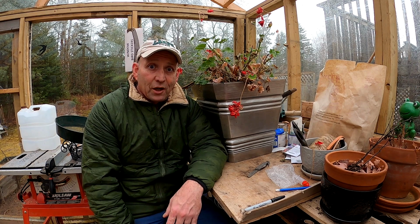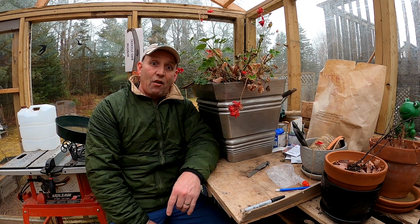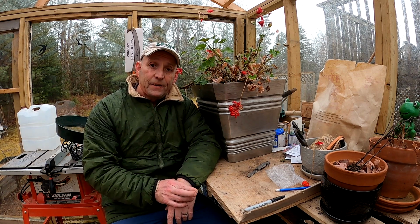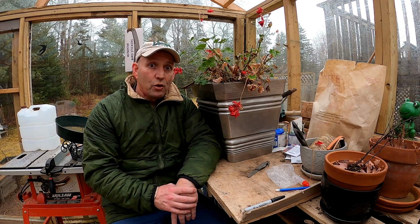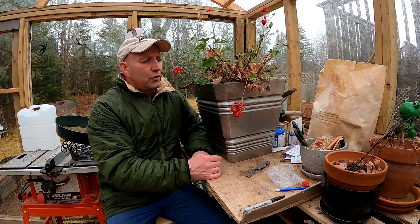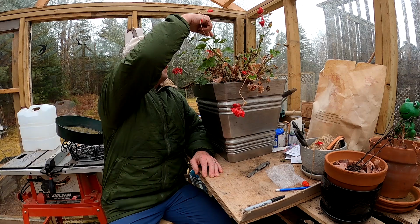Obviously lots to do in the garden, and if the light's coming, I can get out there after work, and if the ground is workable, I think it's going to be staying above 4 or 5 degrees in the days for the next week at least, with a bit of sun. So I might be able to do a bit of tidying up in the garden for the next week. But first up, I've got this pelargonium, beautiful red flowers all summer, and there was a